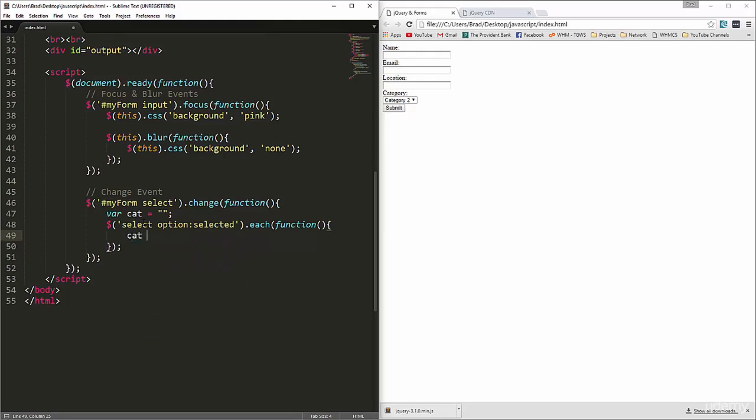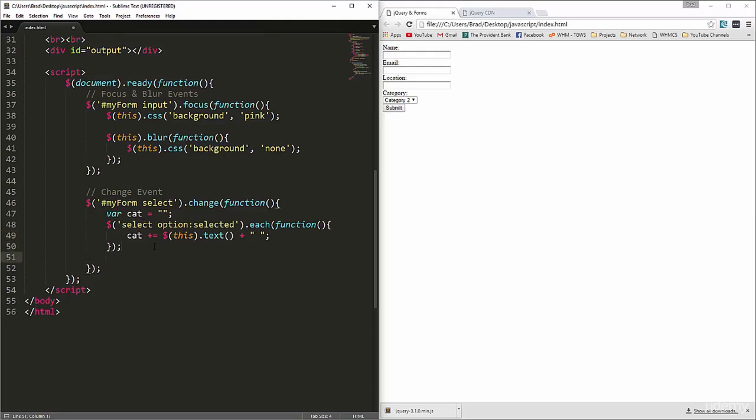So remember, appending is plus equals, and we want this pertaining to the select dot text, so whatever text is in that select, and then we're going to just concatenate a space just like that, and then below that each